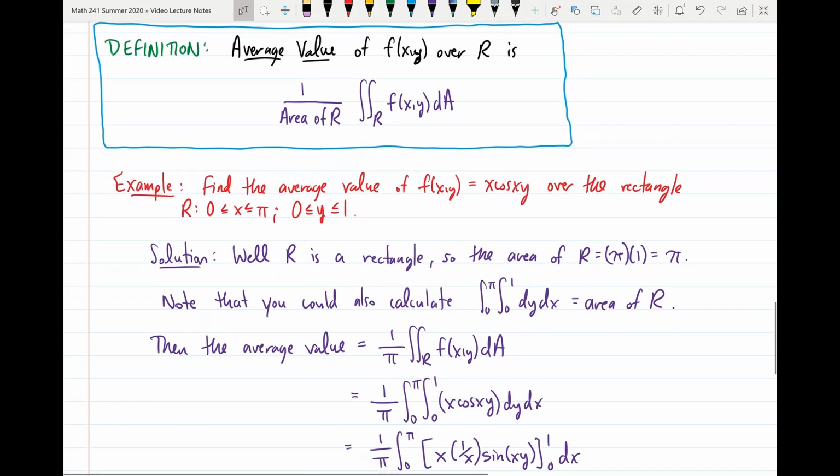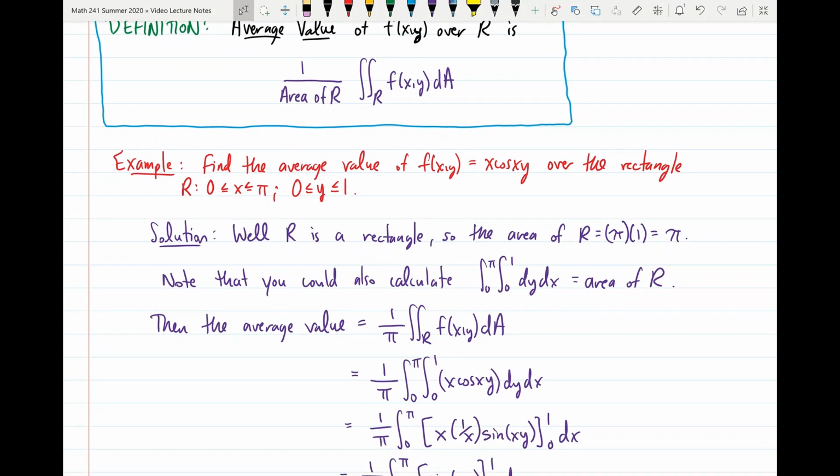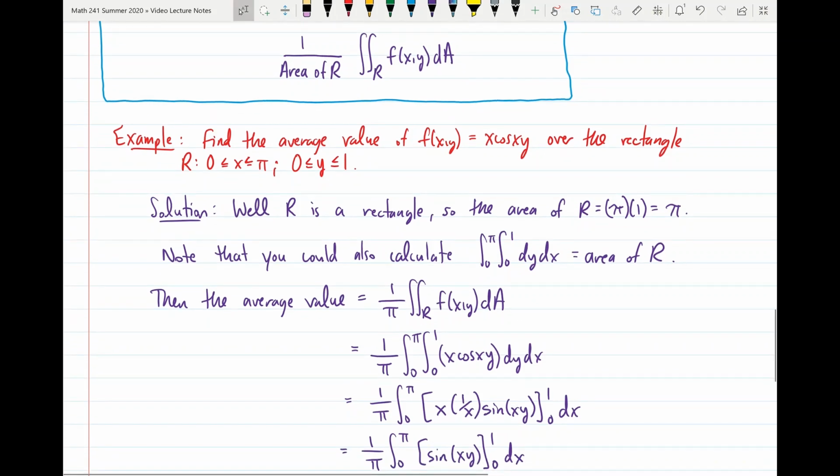And finally, the last thing for this video is just to give an example where we're finding the average value of some function. So we want to find the average value of a function f of xy equals x times cosine of xy over the rectangular region R, where x is between 0 and pi and y is between 0 and 1. Well, we could use the methods that we just developed to find the area of R,